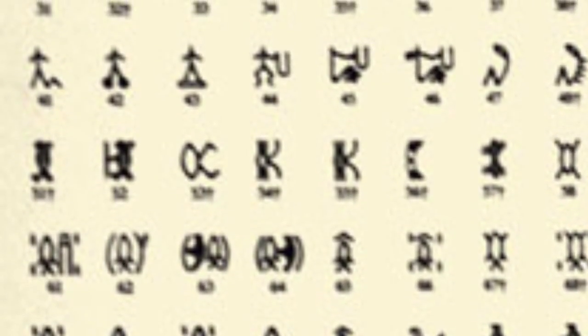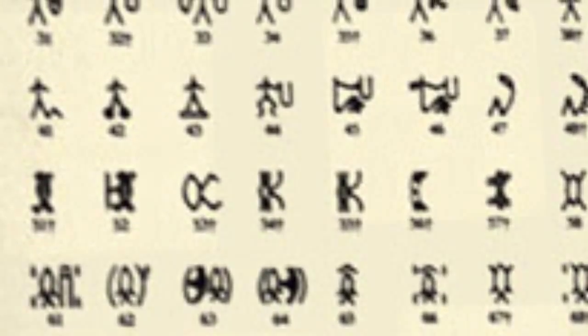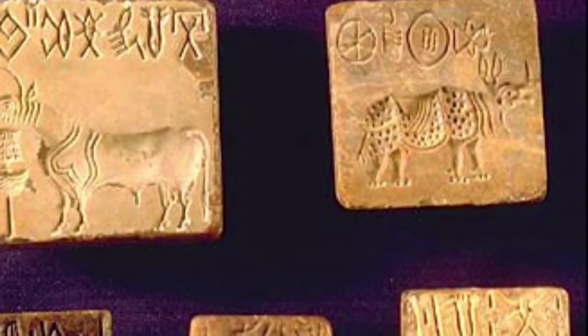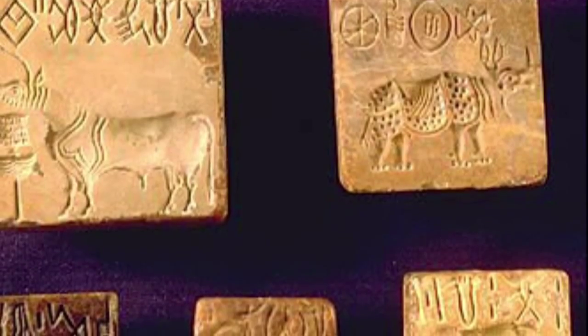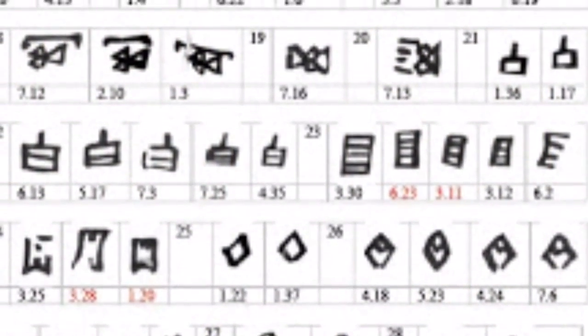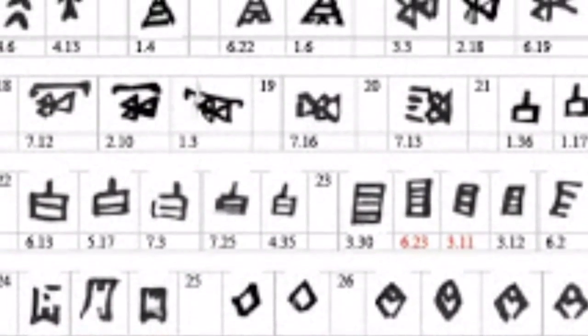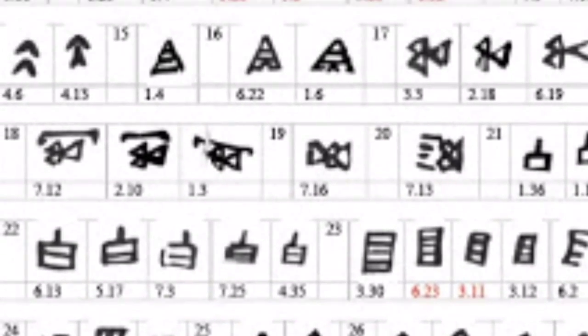It was generally written from right to left. This is the case in most examples found, but there are some exceptions where the writing is bidirectional, which means that the direction of the writing is in one direction on the line, but in the opposite direction on the next line.